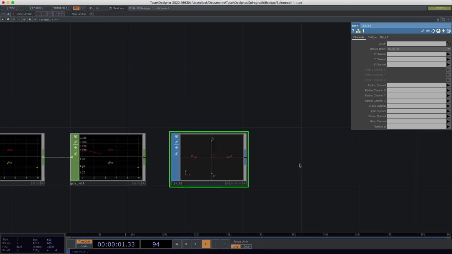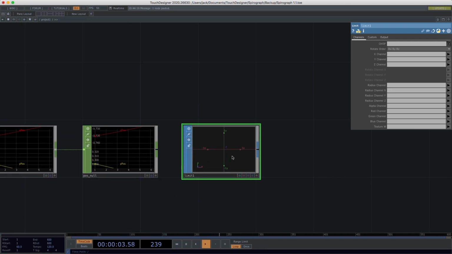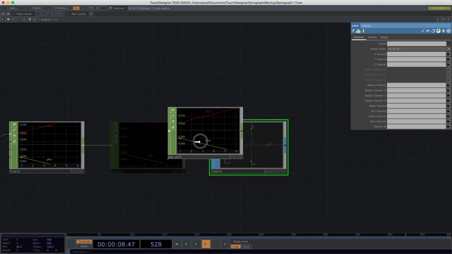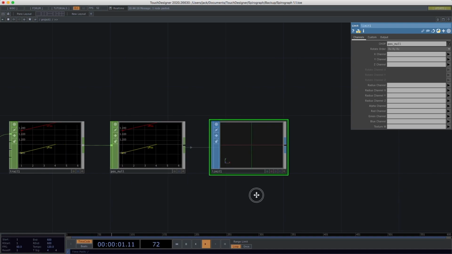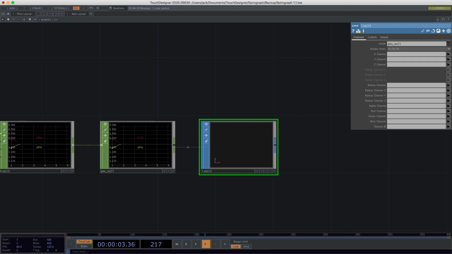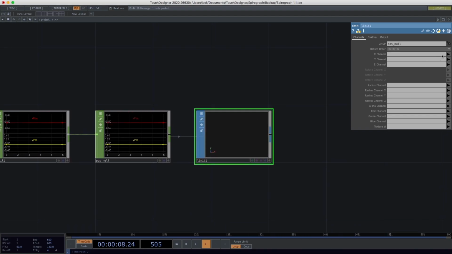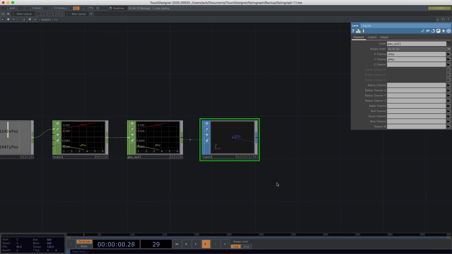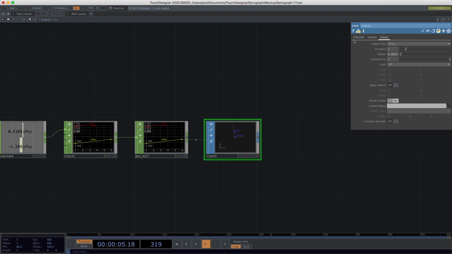And that was it. And then we need to make our chop reference so that it starts actually doing something. So again, we can just drag our position null on top of it to tell it that's the chop we want to look at, and then we need to tell it which specific channels within that position null we want it to use to draw that information. So for our X channel, we're just going to set that to X position, and then for our Y channel, we're going to set that to Y position. And then what's actually happening now is it's drawing a very small little line in space using that strips output